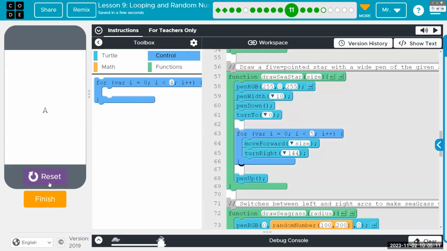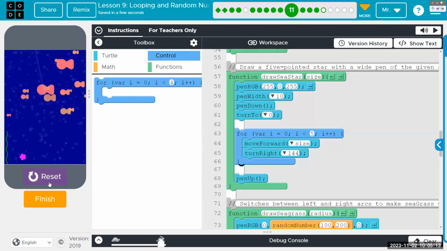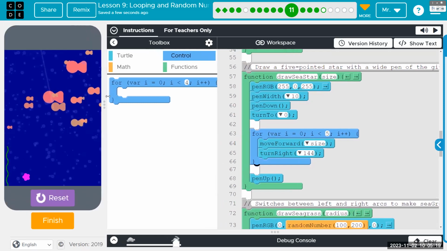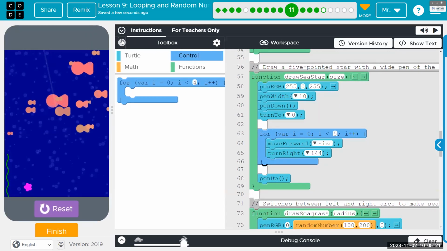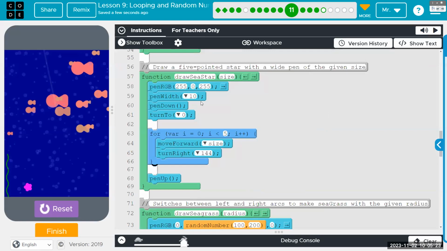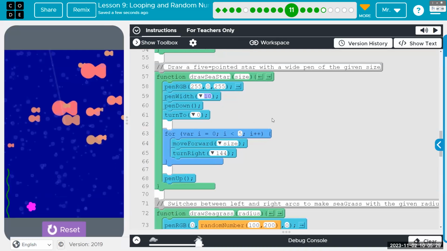And that should work. It should look identical to the way it did before. Now, if you recall, the change that we made the last time was that in order for this C star function to look right, we had to make the pen width scale with size.